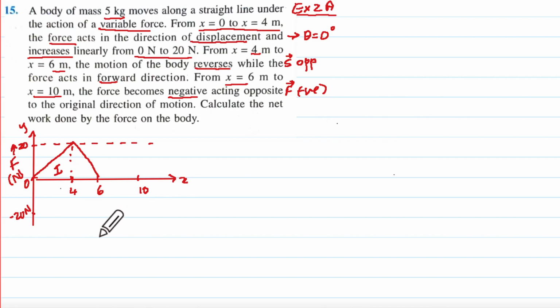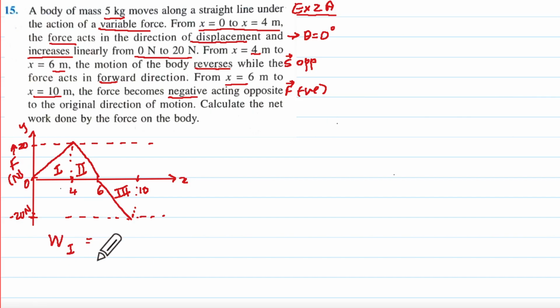I'll just take this as the reference line, and till 10. So I'm going to show this vertical line, and I'm going to come like this over here. So this is going to be your second part, and this is your third part. Okay, so if you look at the work